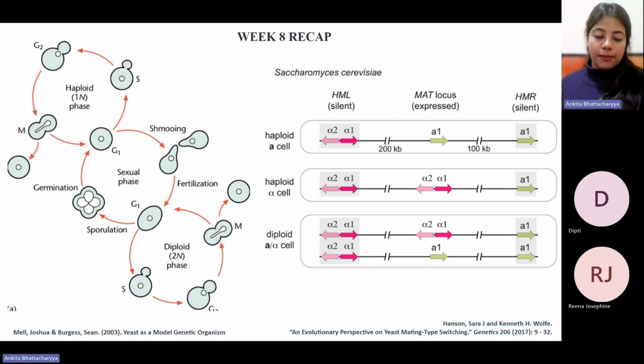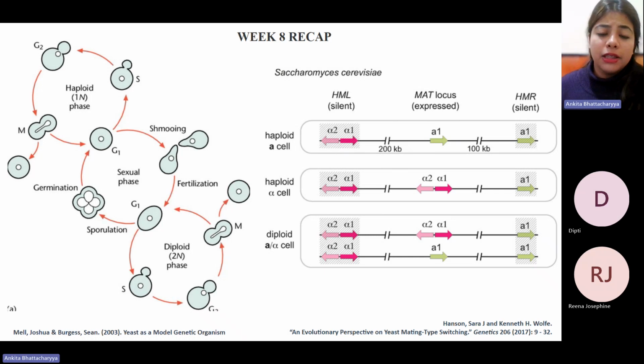So basically, to sum it up, yeast can have three different phases of its life cycle. We see a haploid phase, a sexual reproduction phase, and finally a diploid 2N phase. Each of these is interchangeable depending upon the external cues, the external stimuli, or what the external environment is pushing that cell to do. So it can be context dependent, situation dependent, and it will determine how this cell is going to reproduce under those circumstances.